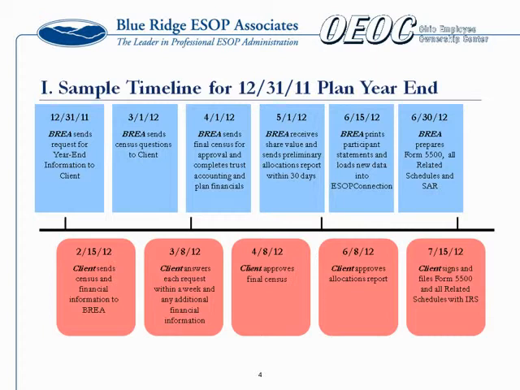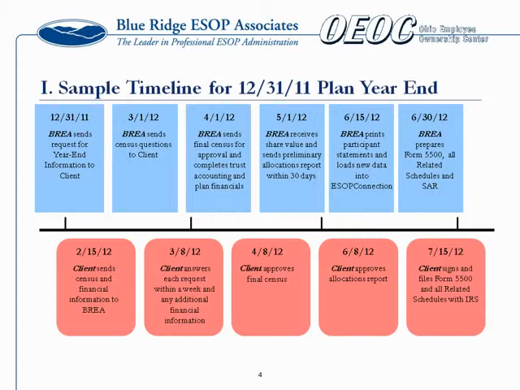And then after we receive all the answers, we ask for your approval on what we call a census verification. This would be all the information that you've provided, the census data compiled, as well as what we have calculated to be eligible compensation. We ask for your approval on that, as well as any of the plan financials and what occurred during the plan year. This gives us a good base for the allocation, and we know that you agree with what we show as happening. Once we get approval on that, it becomes a waiting game where we have to wait for the updated stock value to come in. On here, that would be May 1st.